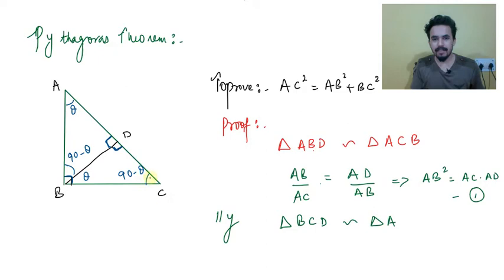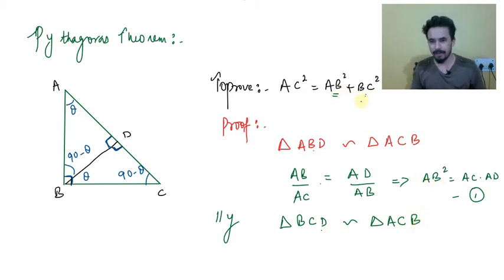Okay. Now C is 90 minus theta. And because C is common to the smaller triangle and the bigger triangle, in front of C is C itself. D is 90, B is 90. So in front of D, you are writing B. You are done with AB square. You have got this part.